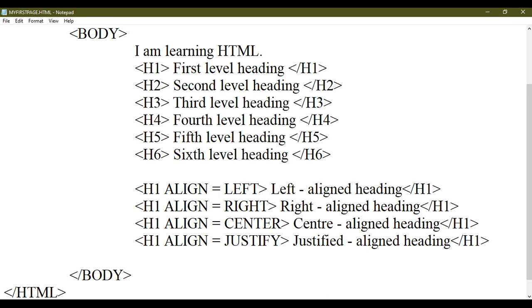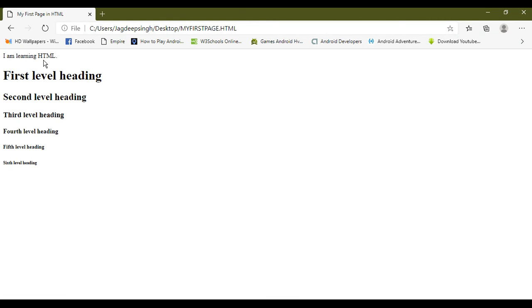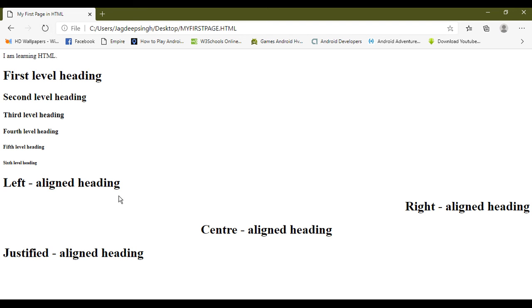Open the Internet Explorer and refresh your web page, or either you can close this web page and reopen your web page again in the Internet Explorer. So here we have left align heading, this is our right align heading, center, and justified. So these 4 different types of alignment we can use with the heading element.